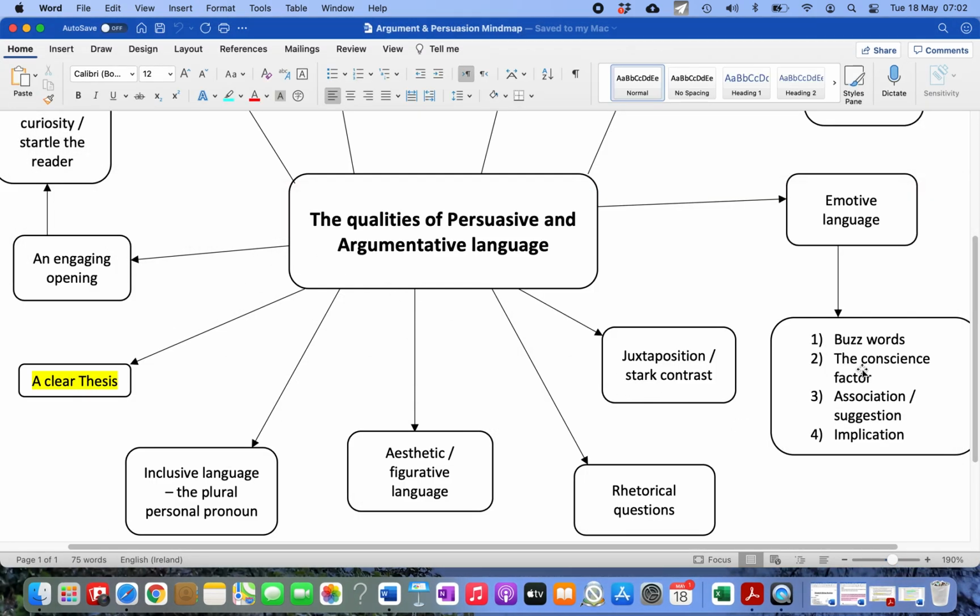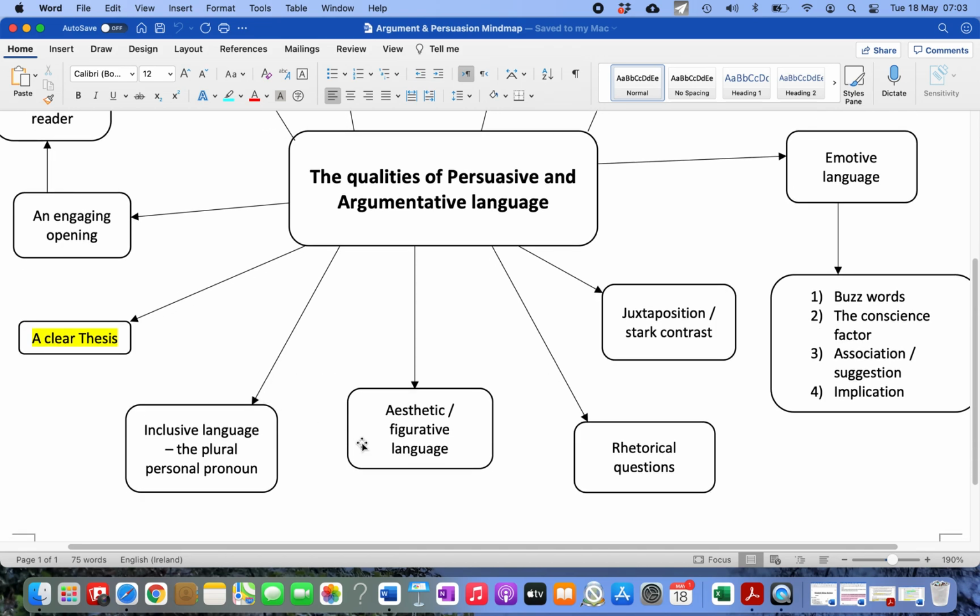There's the conscience factor that plays there, because the idea of lies and mendacity and so on, we're supposed to feel horrified by such things. The juxtaposition of what the IOC is supposed to do and what they actually do is very effective, and we've already seen the rhetorical questions. So that's a very good example of persuasive language. Finally, really good persuasive writers, and if you're going to write a speech, you do this, they